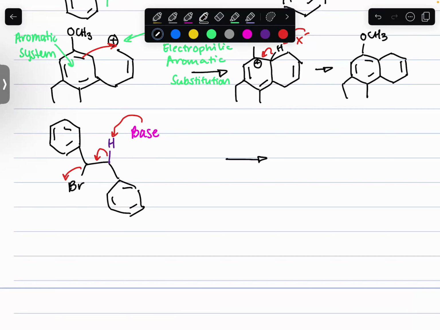There's another way we could draw this mechanism. Well, no, there's not, because we know it's base catalyzed. But for general elimination reactions, there are 3 different mechanisms, and they are all featured in the study guide. Finally, the last one